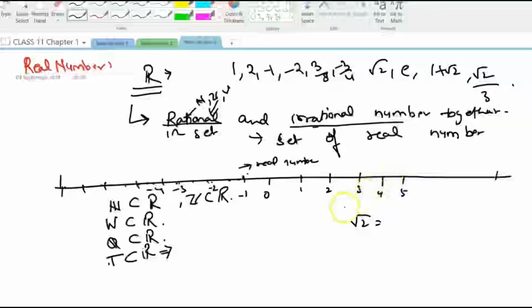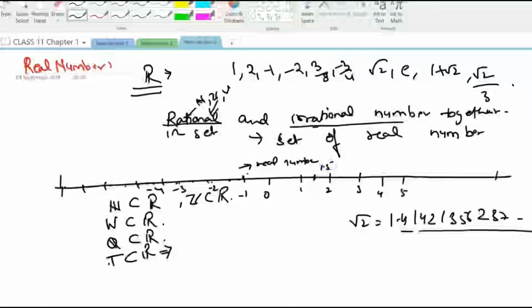1.4142. 1, 3, 5, 6, 2, 3, 7, and so on. So it's not repeating, and it's also non-terminating. So this number would be present. Suppose this is 1.5. This would be somewhere here. We don't know exactly the position, but it could be somewhere here. 1.4142, right? So all these irrational numbers, rational numbers, they all are present